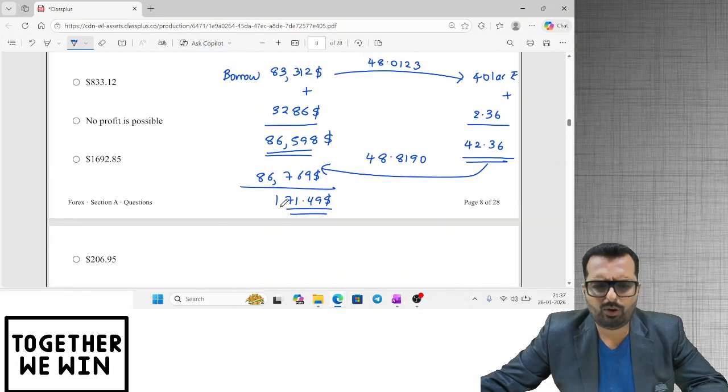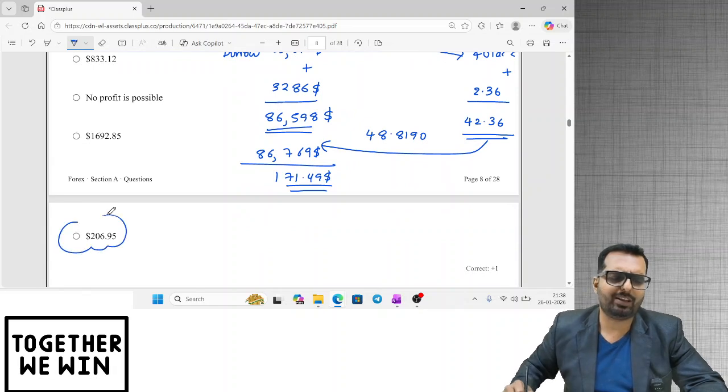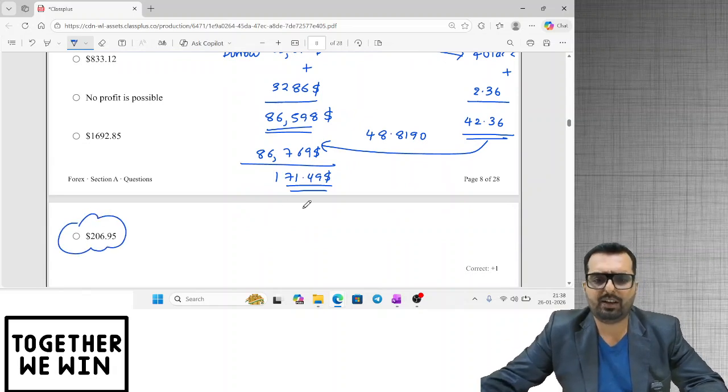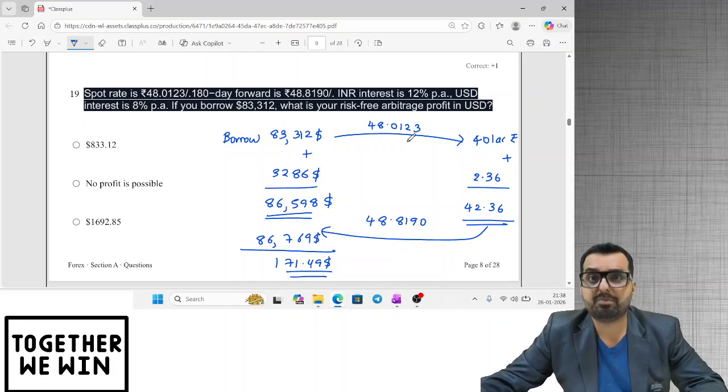Let's check. Okay, I think I've got a rounding off difference because I took 180 days. The answer should be 206.95. I think I'll get that number once I take the same thing and do it at flat 6 months interest